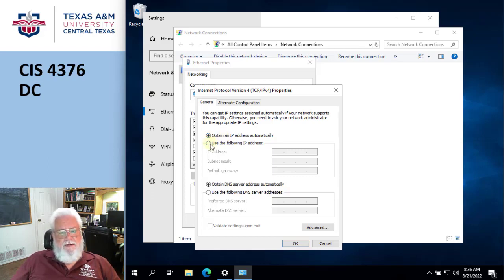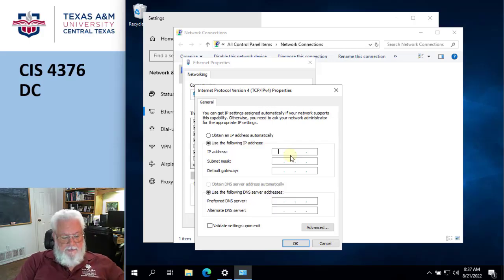So I'm basically going to say, no, thank you. I want to manually type in some stuff. Okay, so what I need to do is type in the things that I just got. So my IP address for my machine is 10.0.2.15. The subnet mask, if you recall, was 255.255.255.0, and the default gateway, if you recall, the default gateway was